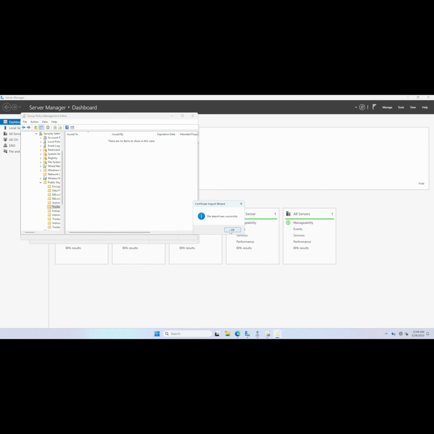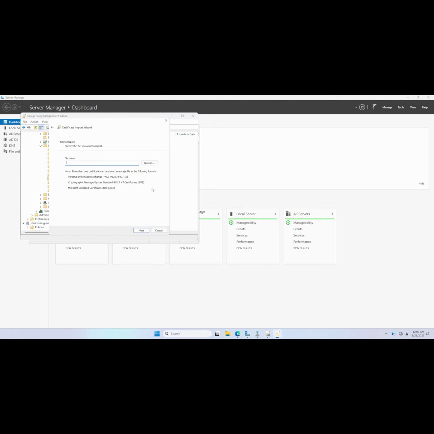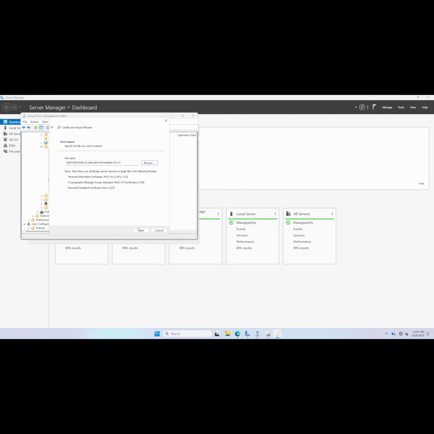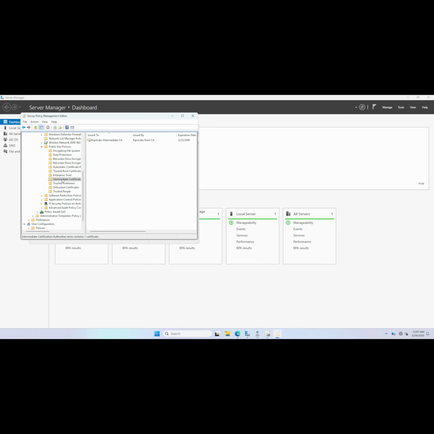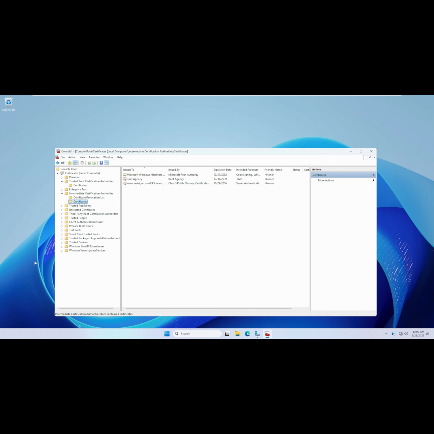Okay, so this is complete, and now if I go to intermediate certificate authorities, I want to import our intermediate CA, which is our offline intermediate CA. So I'm going to select this first option. Okay, and we have a successful importation. So I'm going to close this out, and now if I update group policy,